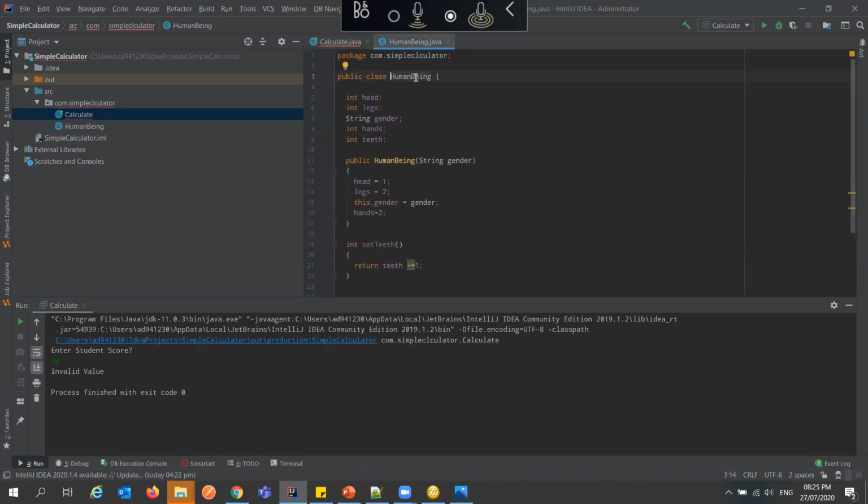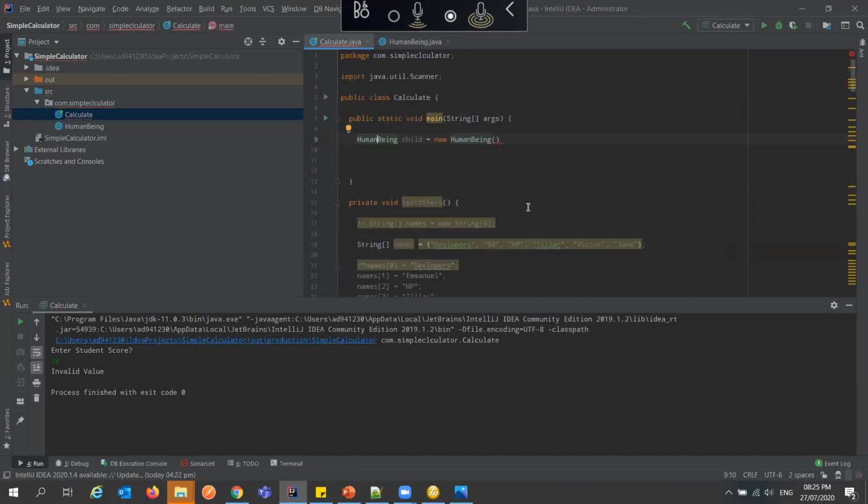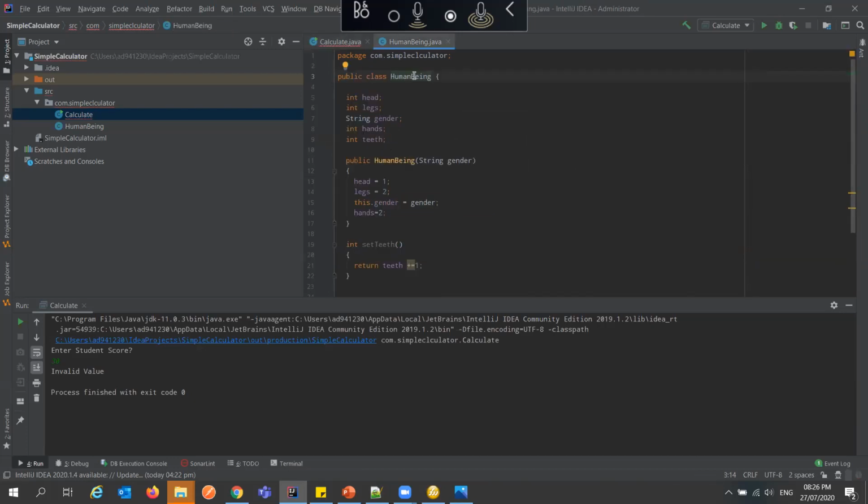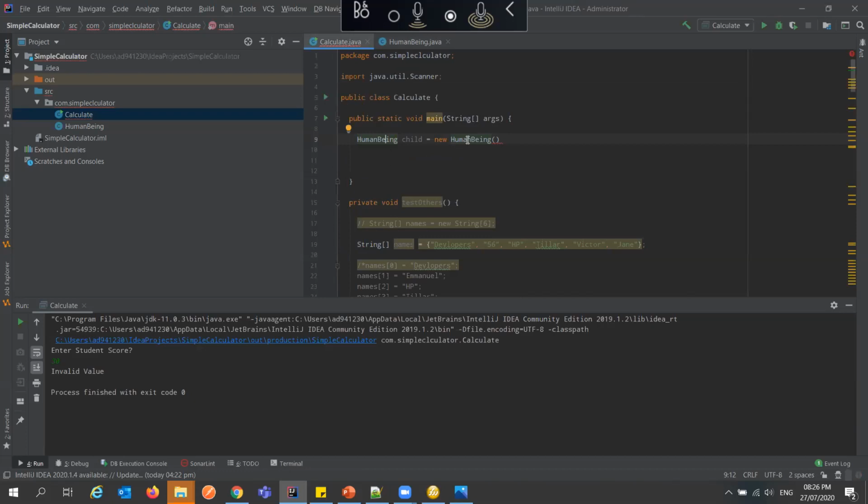For those of you using IntelliJ, when you click on something while pressing the control key on the keyboard, it takes you to where the value is defined. So this one is referring to the name of the class. But this one is not a name of a class. It is the constructor. You can see when I type this one, I did not put brackets in front. When I'm typing this one, I put brackets.